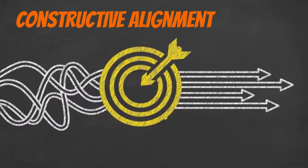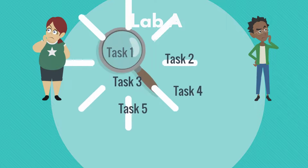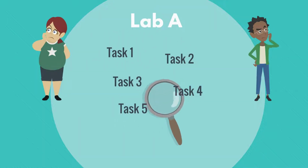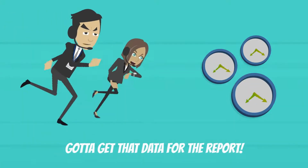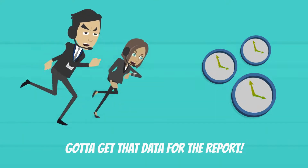Constructive alignment is a well-known process. Students will only put effort into what they are assessed on. This is particularly detrimental when it comes to laboratory work, where the focus on performance rather than mastery goals is often observed. The time pressure which is inevitably put on students due to the limited laboratory facilities available exacerbates this